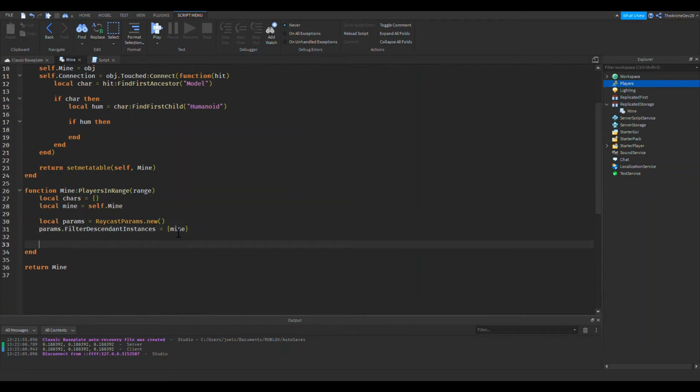And then what else does a raycast need? It needs the origin position, which is where the ray will be cast from, which is just going to be the mine, which we already have right here. We just need that position. And there's a second parameter, and that's the direction that it's going to go in. So we're about to do that right now. So direction is equal to my character's primary part, which we actually